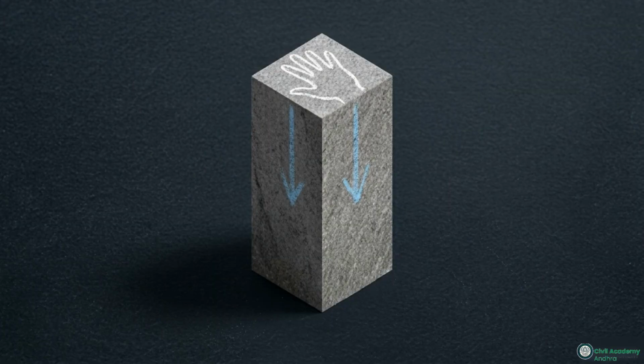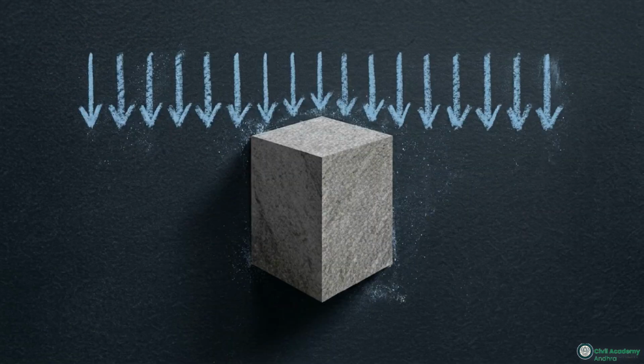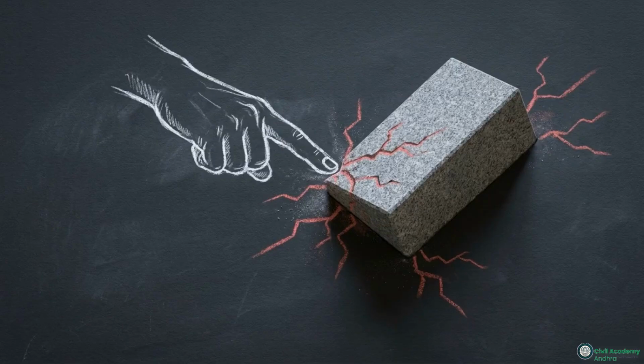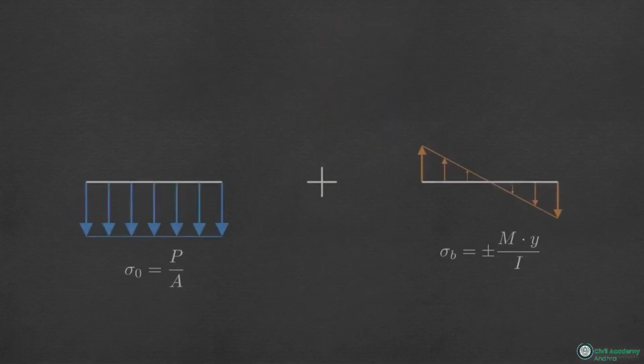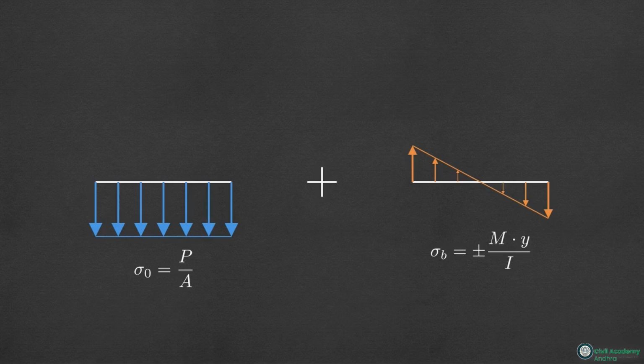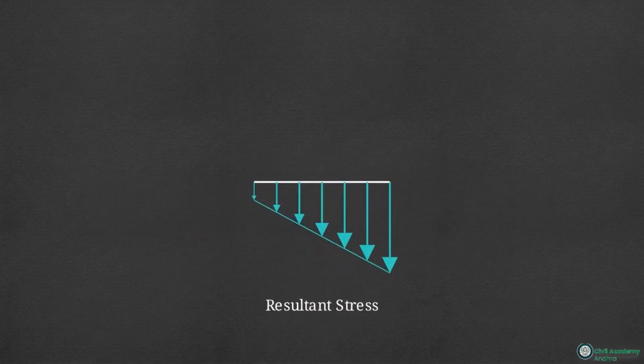Imagine pressing your hand flat down onto the dead center of a concrete column. The column simply squeezes together under pure, uniform compression. But shift your hand to the edge and the physics change. By applying that force off-center, you are twisting the column while you push it. This introduces a bending effect right alongside the direct compression, creating unequal stress across the section and posing a much